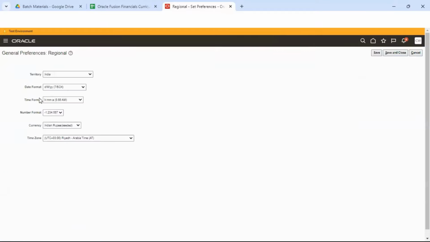Like which region are you working in? Accordingly, you can set the territory, the date format, how the dates need to be displayed, how the time format needs to be displayed. Just like on our laptop, we have this kind of thing we can set up, our time zone, our calendar. The same way in Oracle also you can set these aspects. What should be the number format, how the numbers should be displayed, what should be the currency, the default currency, what is the time zone. All these things can be set up from the